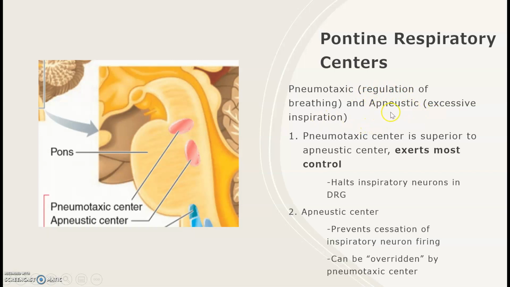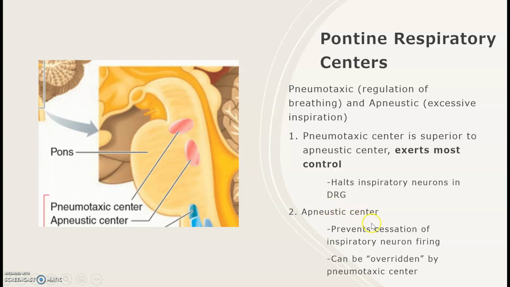If we think of sleep apnea, kind of similar, it's characterized by very labored and struggling inspirations when you start snoring when you breathe in or breathe out. So apneustic is dealing with excessive inspiration. Now, just like last time, the pneumotaxic center is kind of that top superior place, right? So it has control over everything below it. And it exerts this control by halting inspiratory neurons in the DRG. So think about if we're hyperventilating and we're really breathing in too much, this center will stop that inspiratory neuron so that we can actually relax and breathe out, because that's important to keep our body chemistry in check.